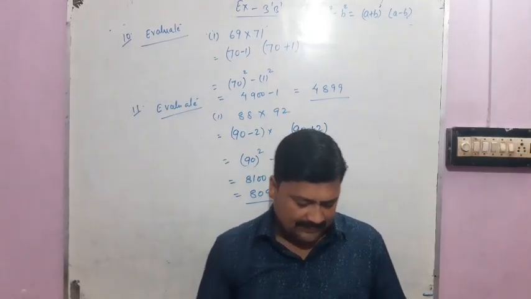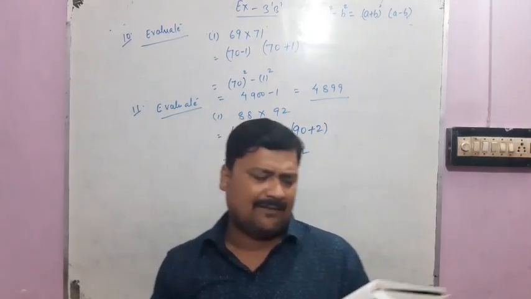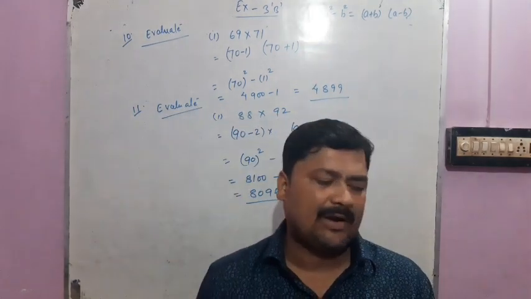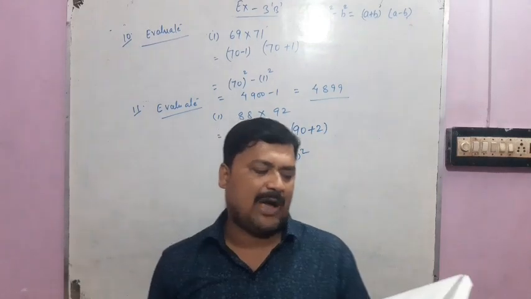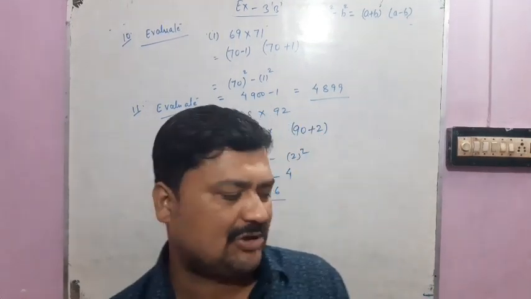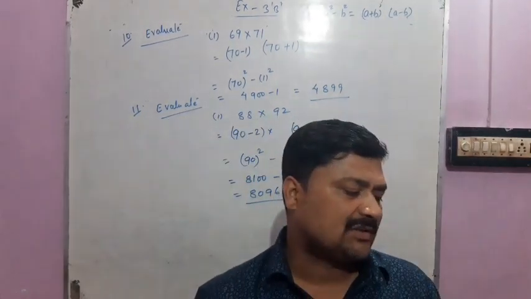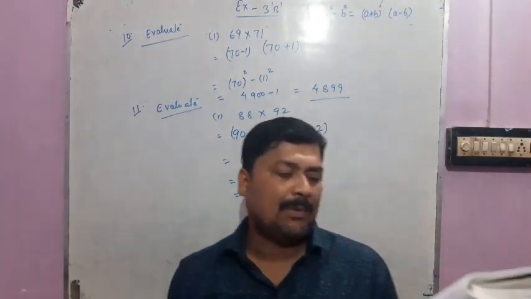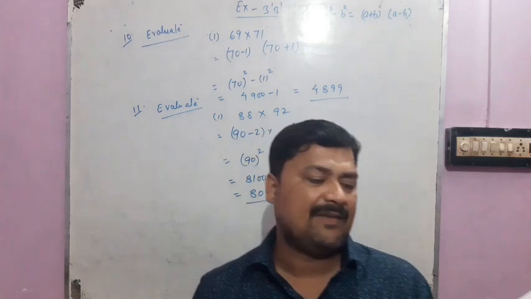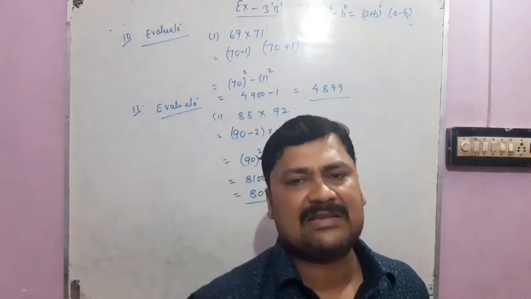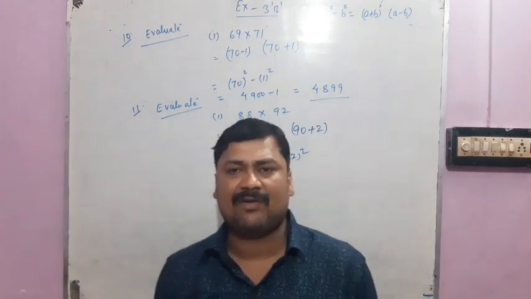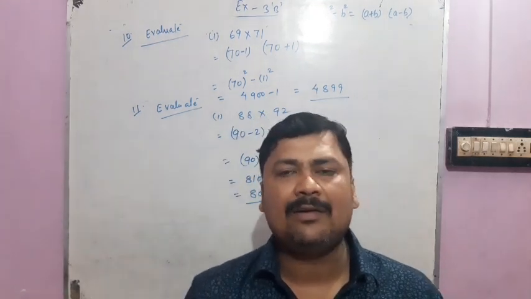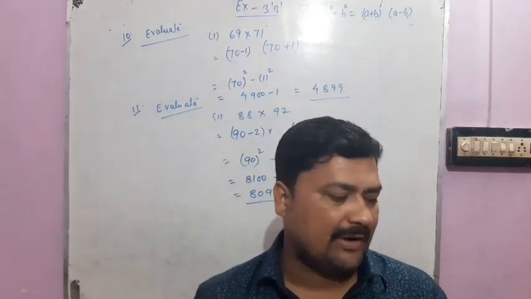Now there are some fill in the blanks that are very simple. The square of an even number is even, you all know. The square of an odd number is, of course, odd. The square of a proper fraction is less than the given fraction. The sum of the first n odd natural numbers is n squared. Next: the number of digits in a perfect square is even? No, it is not necessary. A perfect square is not necessarily an even number. Maybe it is 81. 81 is also a square of 9, but it is not an even number.